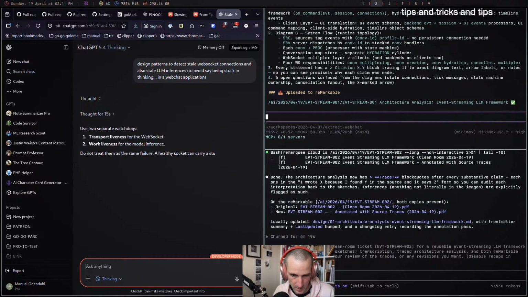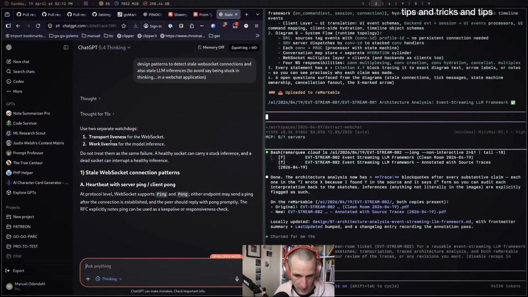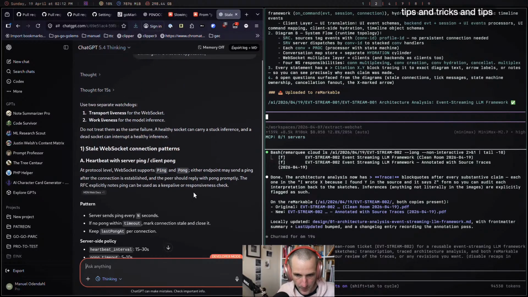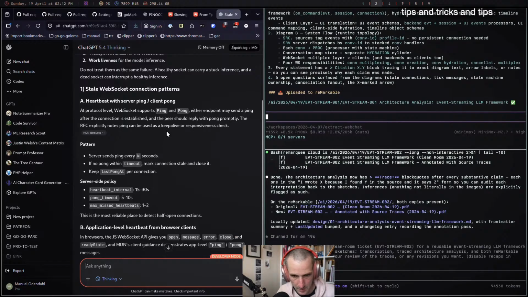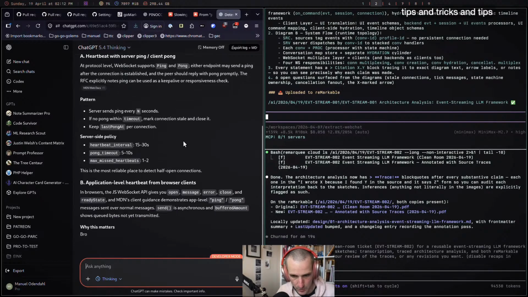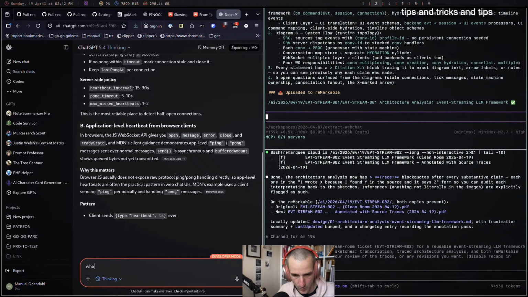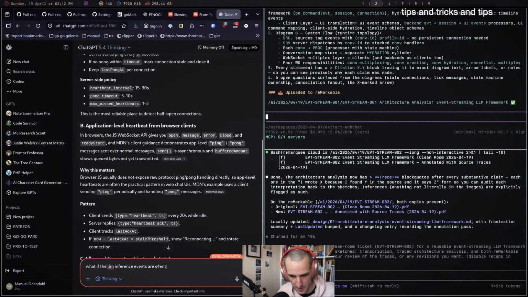Especially if we do event driven, let me do this. What if the LLM inference events are sent in an event driven queue so that I don't even have a TCP connection?